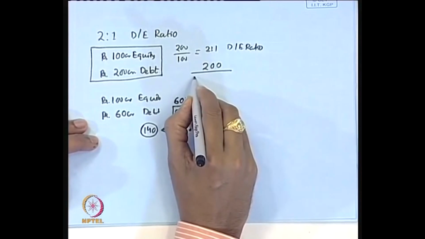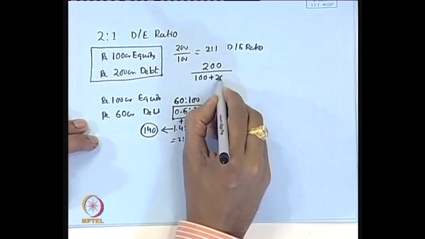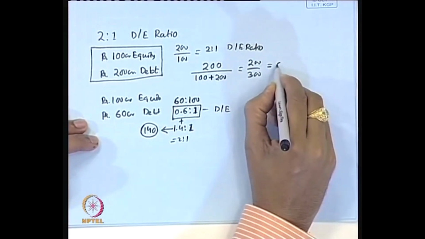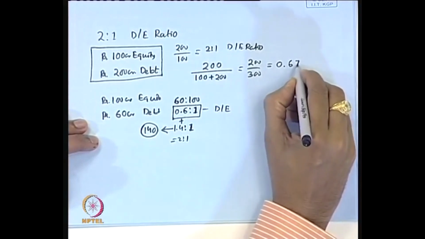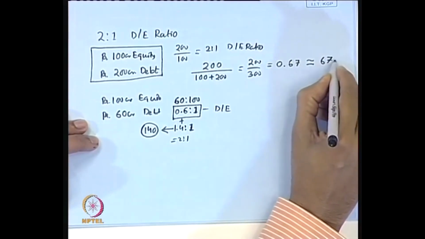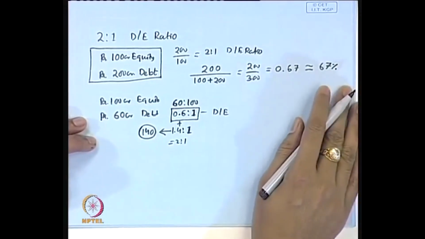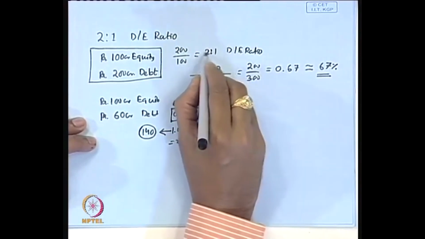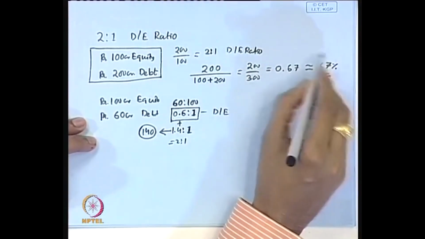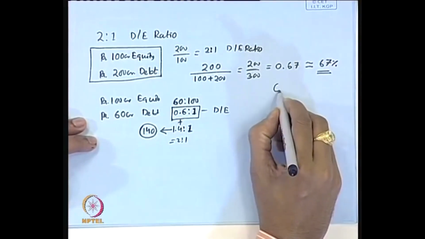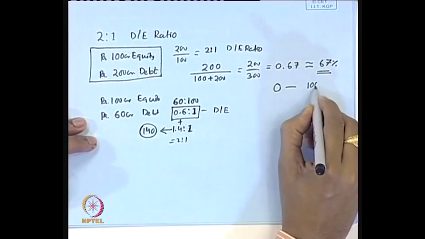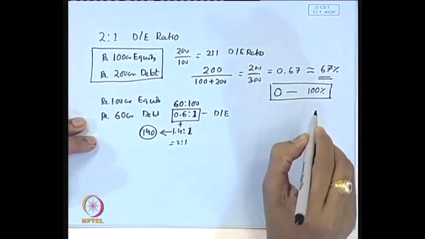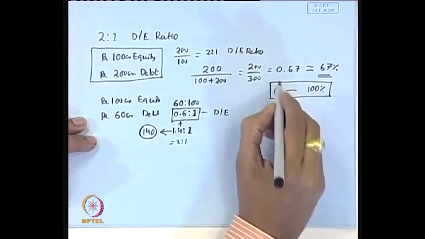200 debt divided by equity plus debt, that is 100 plus 200, so 200 by 300, which is nothing but 0.67. That means approximately 67% of the total finance of this company is raised through debt. As far as the debt equity ratio is concerned, it can vary from 0 to anything, whereas in this case the figure can vary from 0 to a maximum of 100%. So interpretation-wise this figure is a little better than the debt equity ratio,